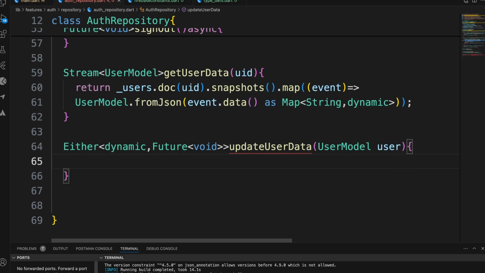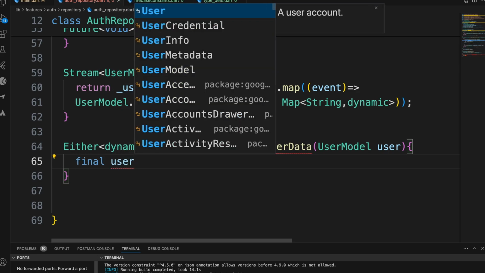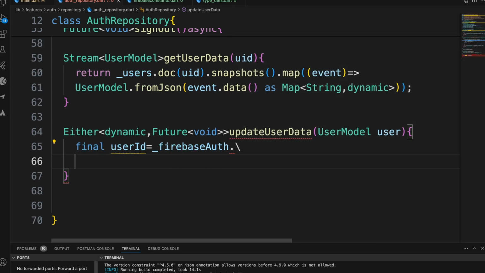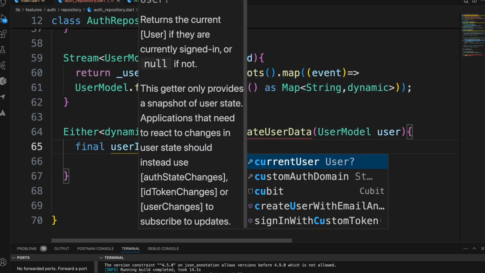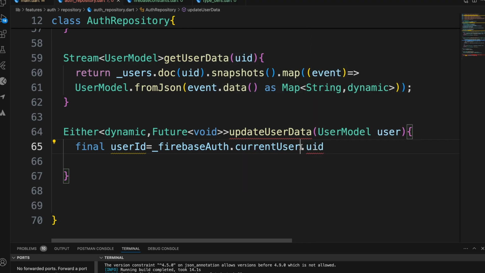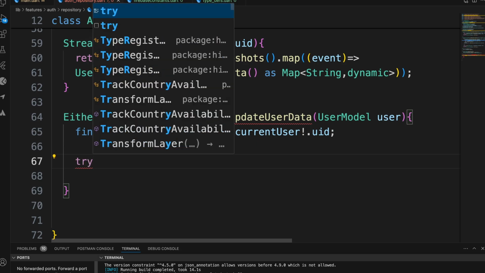and then what we are going to do is we need the user ID, right? So I'm just going to say final user ID is equals to Firebase auth dot current user dot UID, right? Dot UID, like this, right? And then we are just going to create a try catch